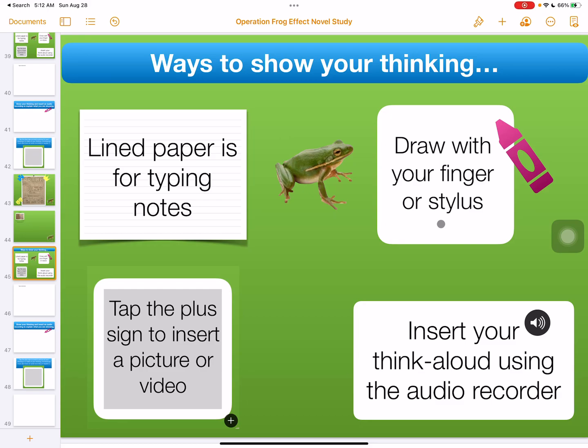So there's lots of ways to show your thinking as you use this template. As you can see, one way is to just simply type on the paper, or you can also write on it with your finger or stylus. You can draw with your finger or stylus or write, but when you do that, if you use a drawing,